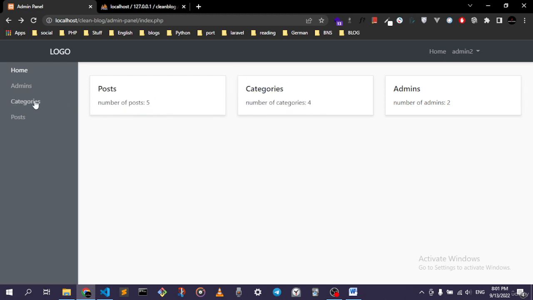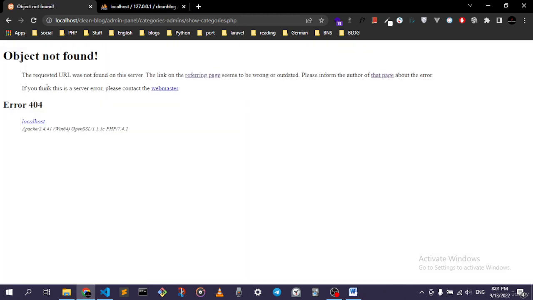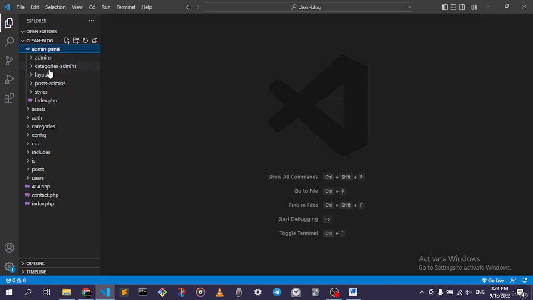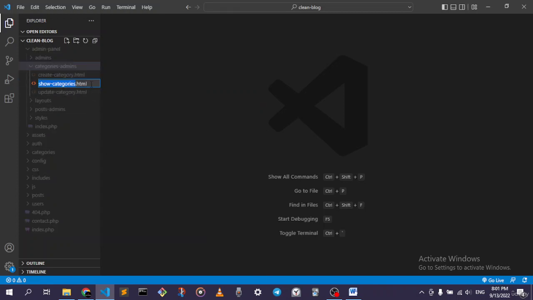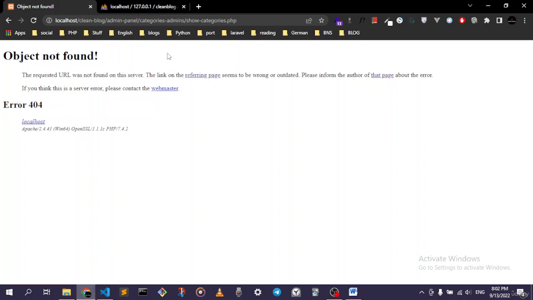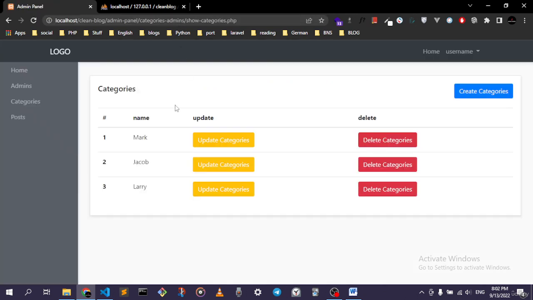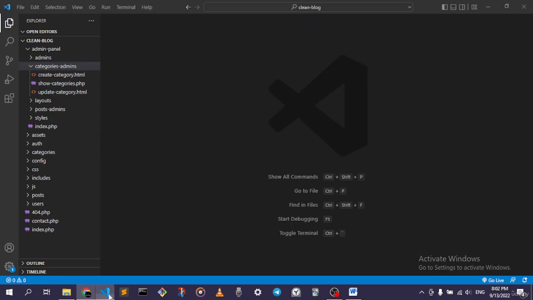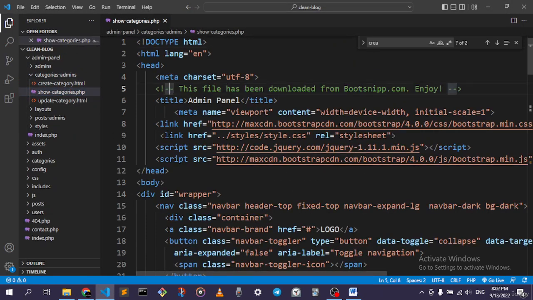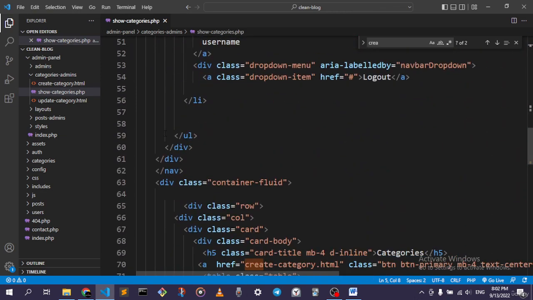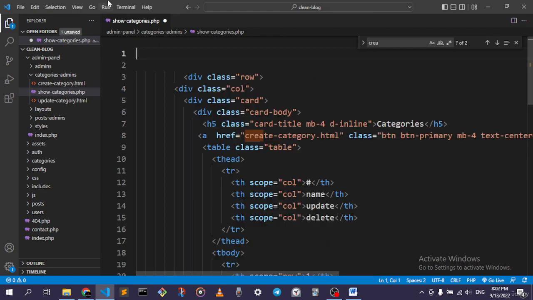So if we click on this now, it of course will show object not found, because in categories-admins the show categories is still an HTML page. So if we rename it to PHP, refresh, you can see that we got our own page down here. All right, so now if we click on the page, you can see that we're having our own header. It's still static. So if we remove all of this,